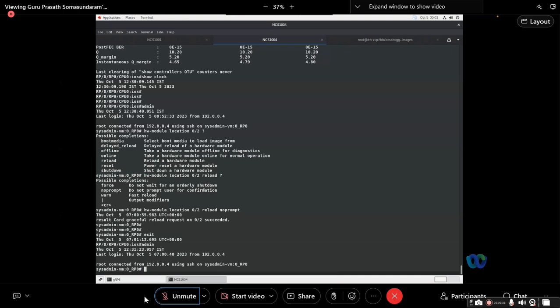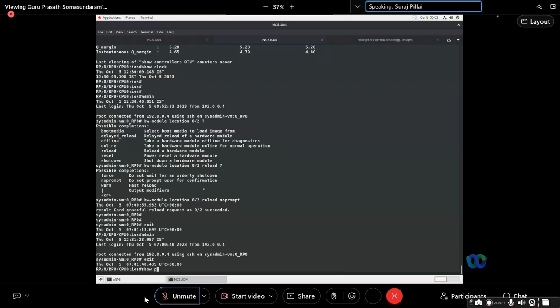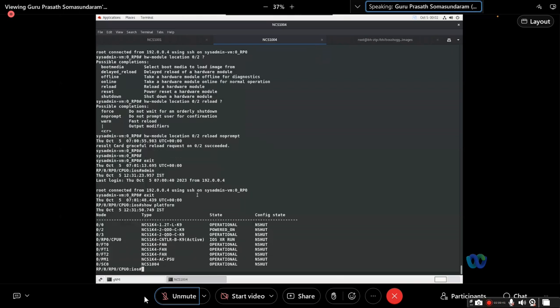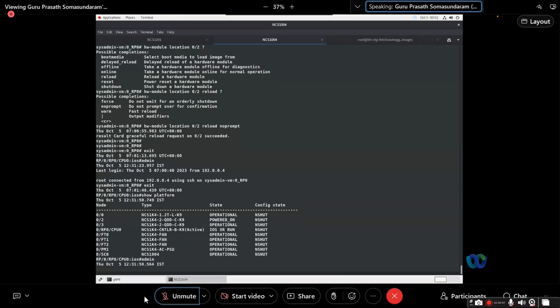First, we need to go to admin and then hardware module, right? Yeah, that's right. Admin and then hardware module. So this is another command that you guys need to be aware of. Show platform, no prompt. What is the meaning of this? No prompt. You know that. Okay, let me show you directly, right? So or no hardware reload module